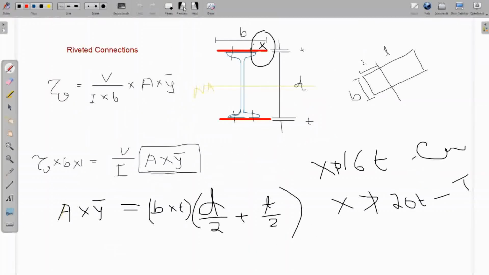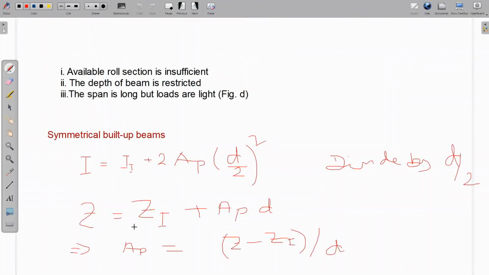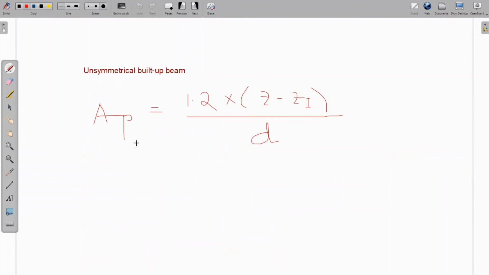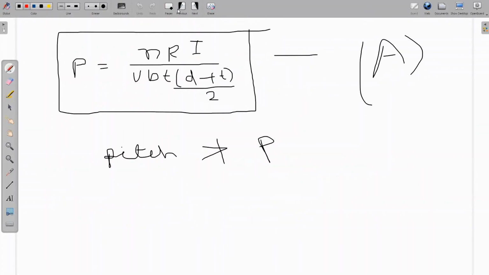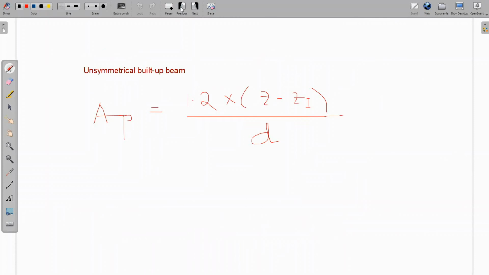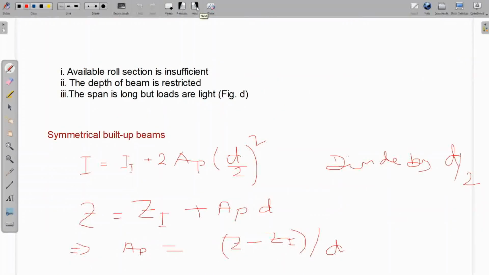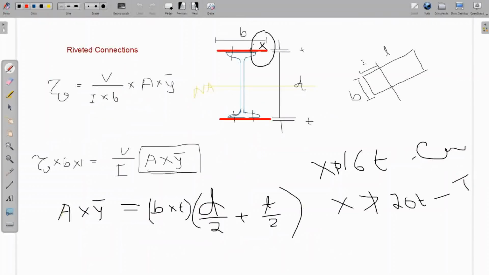If you just remember, this part I told you in case of symmetrical; in case of unsymmetrical, same process. Okay, once you do that, your job is to design it. How to design it? To design this part you have to know the moment of inertia, all these things, and you have to find out the thickness and all. Okay, so for the design part you follow the next step.